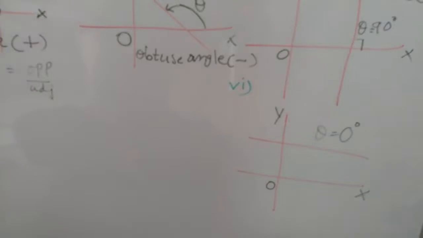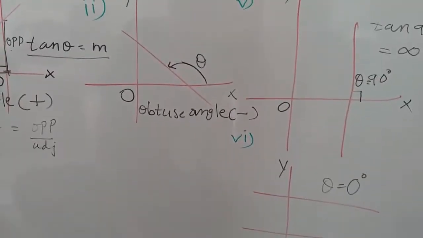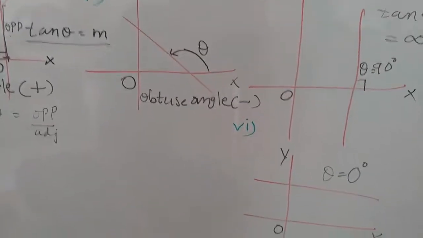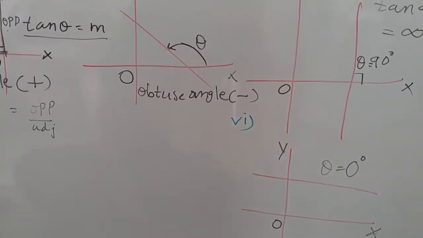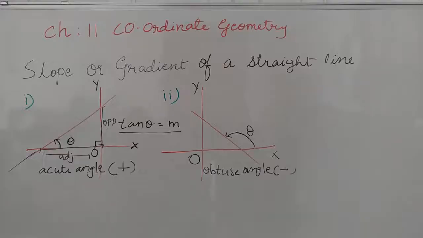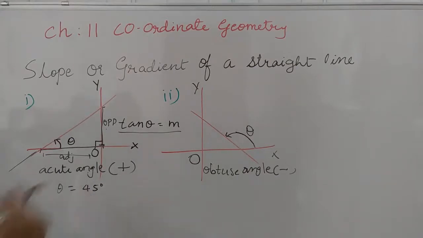So here we have learned a total of 6 cases, in which sometimes it is an obtuse angle, sometimes 90 degrees, sometimes 0 angle and sometimes an acute angle. Now students, as I told you, I will explain with an example how when the angle is obtuse, the slope will be negative. So here theta is an acute angle, let it be 45 degree. You can choose any acute angle; I have chosen 45 degree. So tan theta means tan 45 degree. That will be 1. Tan 45 value is 1.